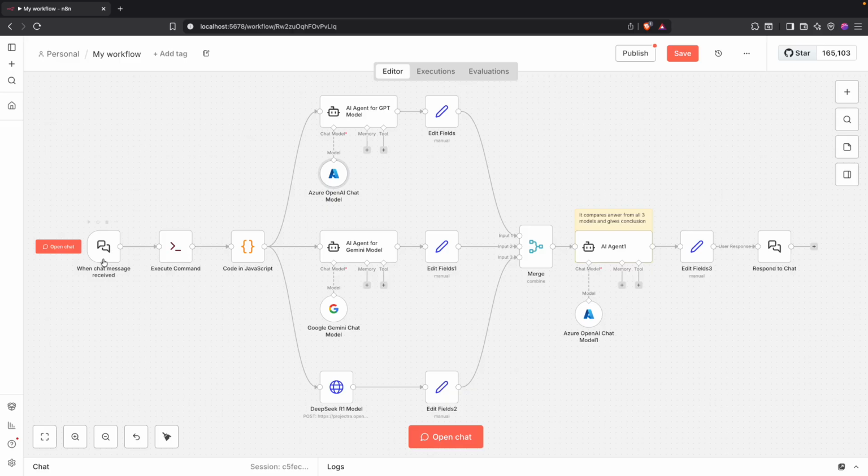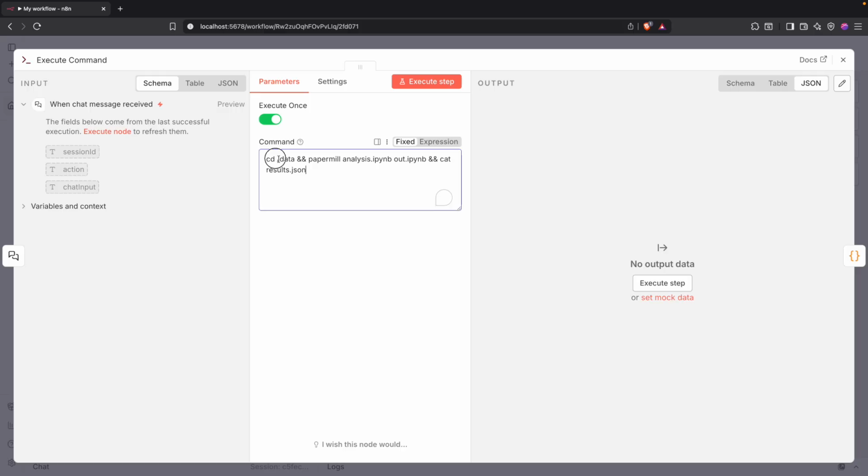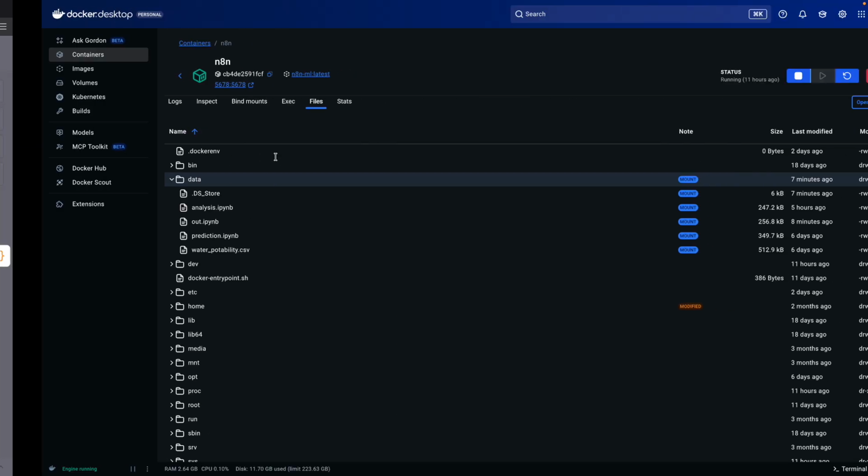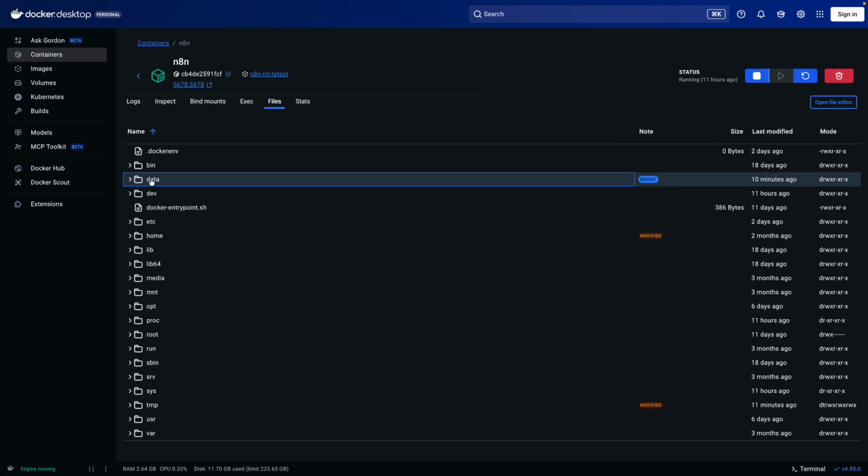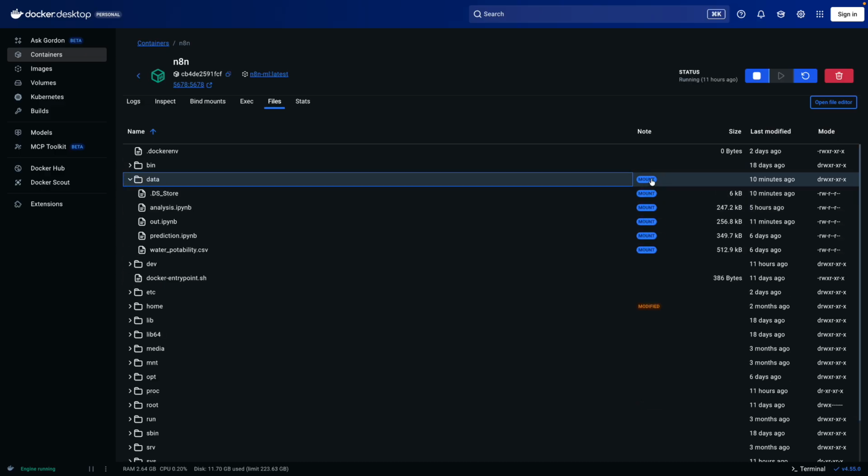So up top is a trigger. This is the first trigger. When we give any response, it will activate this workflow. And in this node I have set up that execution command. Let me show you. This is our path. So cd will go to the root of the mount, where I mounted this folder in docker, like here. As you can see, this is mounted on docker, so it will go in here,